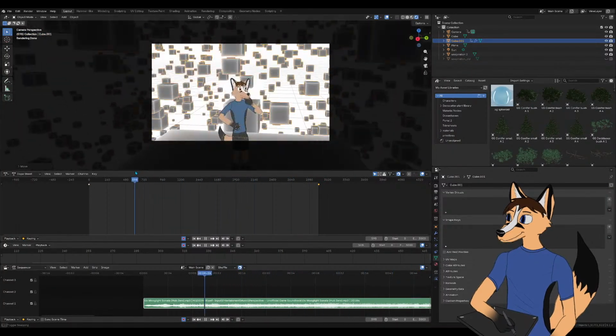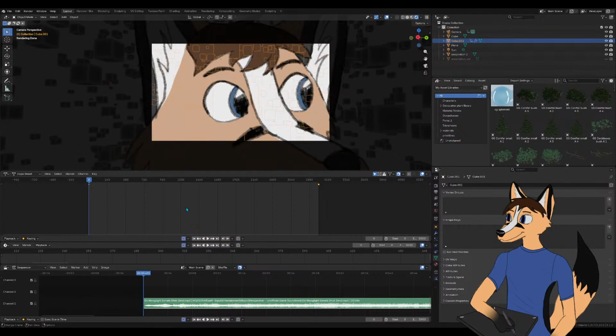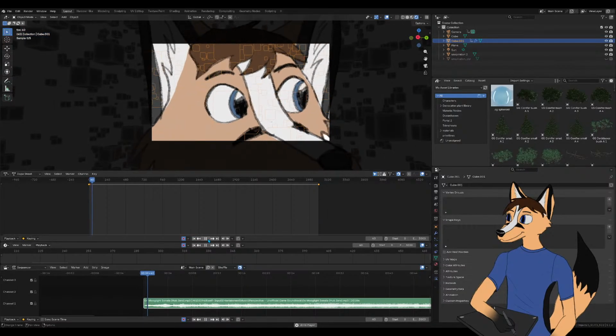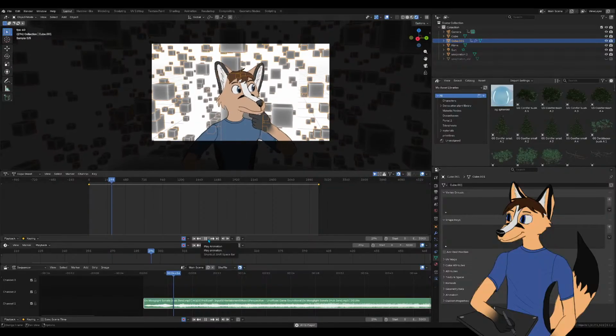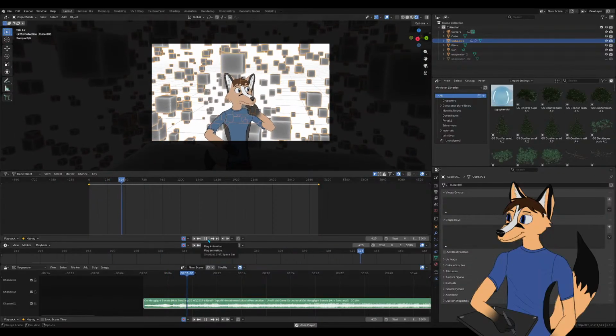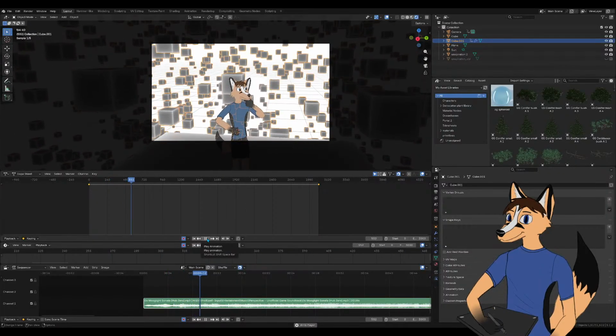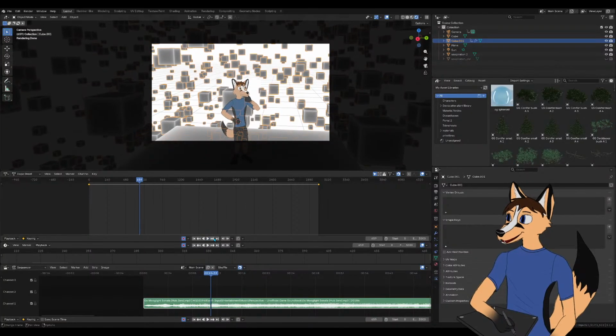I feel like this might be moving too quickly, but maybe if I change the interpolation mode to linear it won't be as bad. Yeah, that movement is not subtle enough.